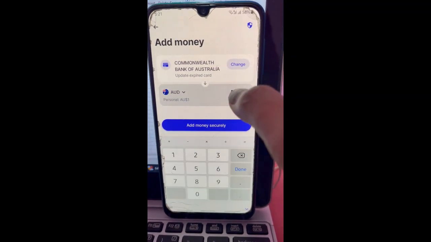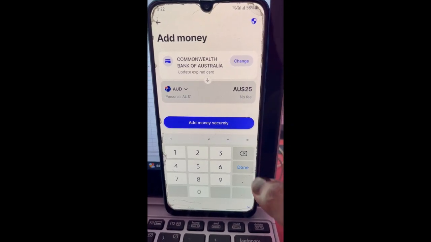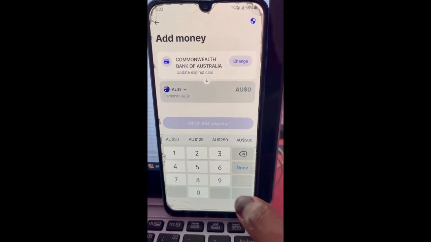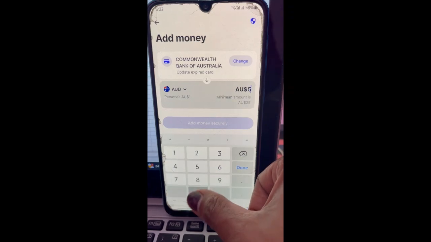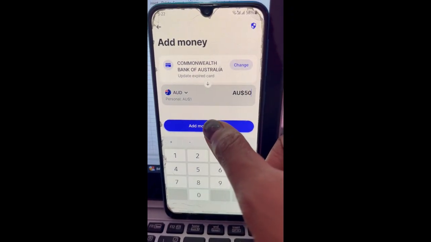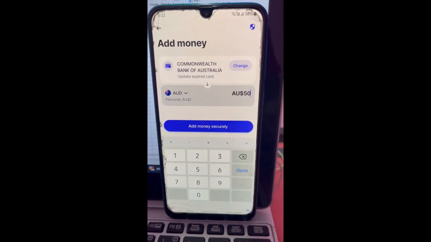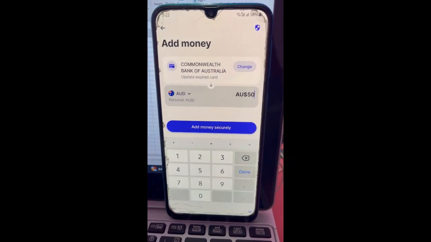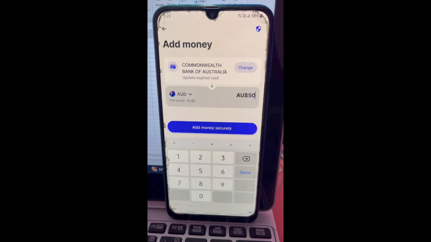Once that's done, here what you have to do is simply select the amount that you wish to transfer. So how much you want to send, you can just type that in, and once that's done, all you have to do is hit on add money securely. When you hit on add money securely, it will take you to the confirmation page where you'll be able